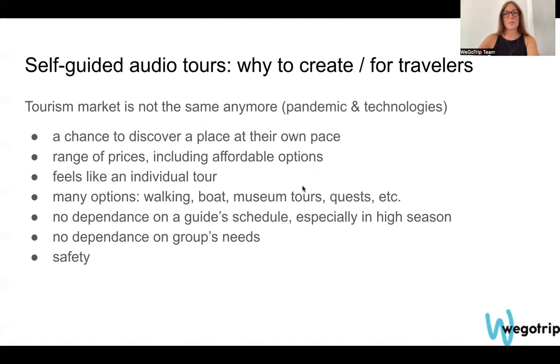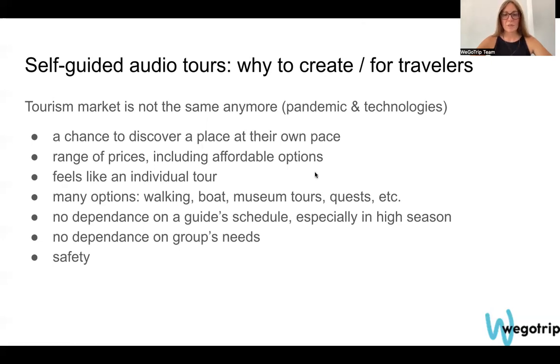So we will consider first the traveler's perspective. After the pandemic, and actually before the pandemic as well, due to technologies and the progress we have in the world, we use apps a lot. We travel, we communicate, we work using apps all the time, using applications and online services.